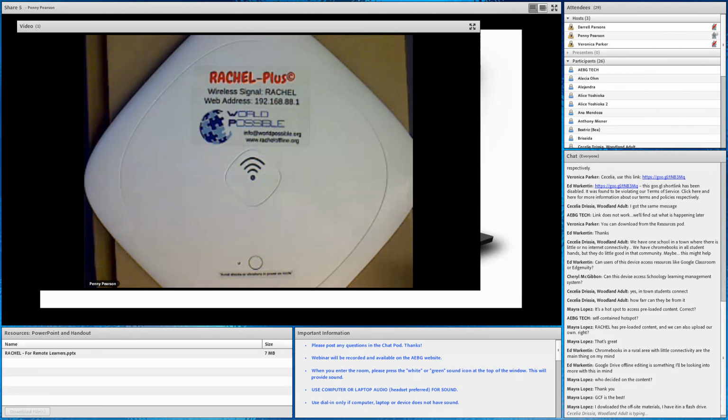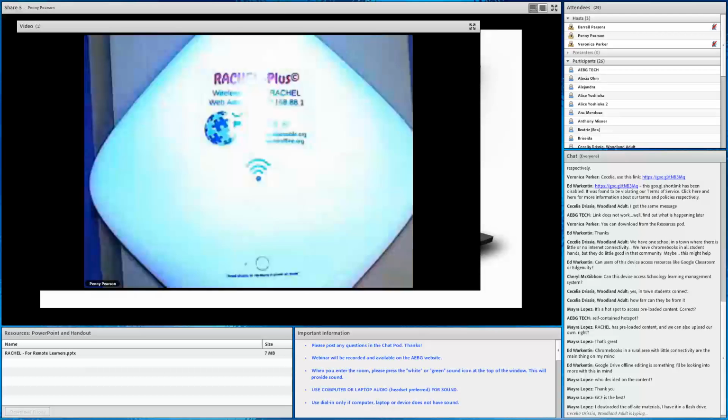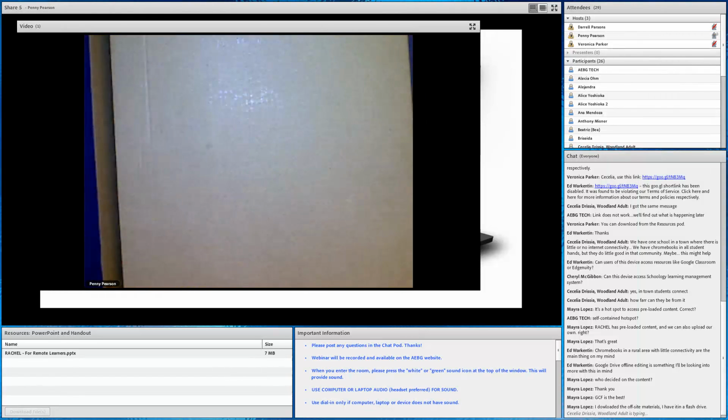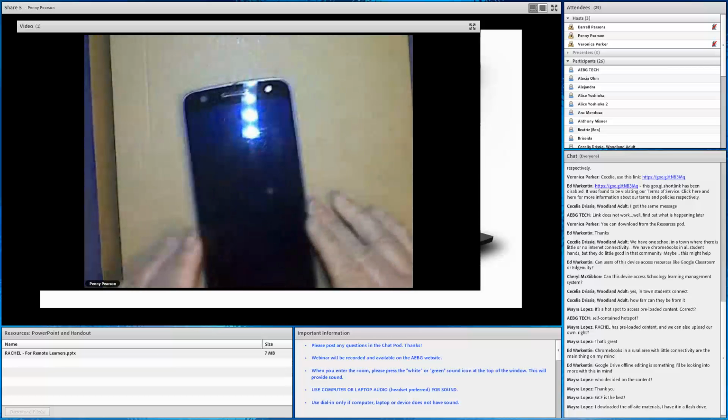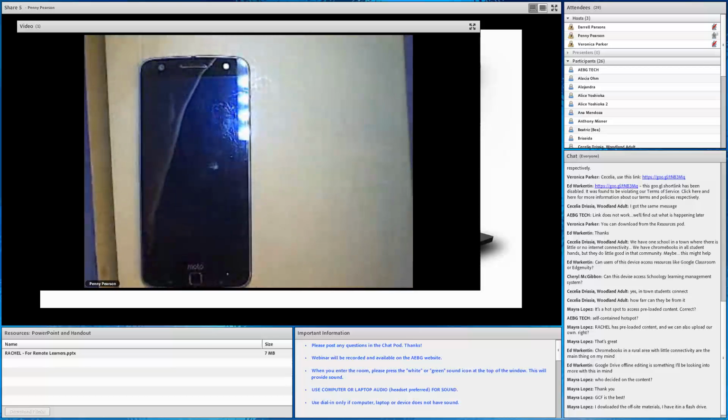So I'm going to set this aside. And I don't know, is this helpful? Does this light make it better? Get a little bit of a glare here, but let's see. So I'm going to bring my phone up. Try to get that glare out of the way. I'm going to try to bring this document camera down a little bit.